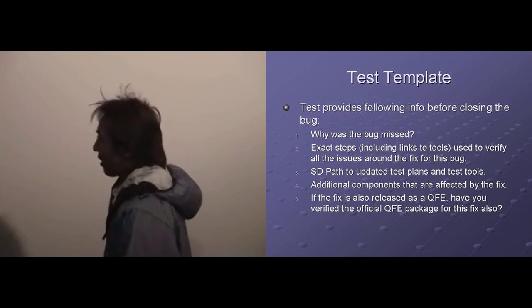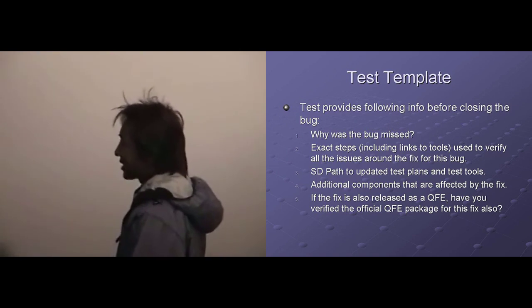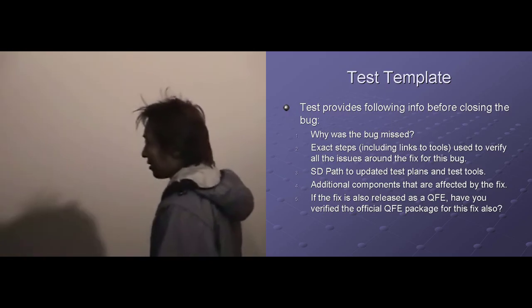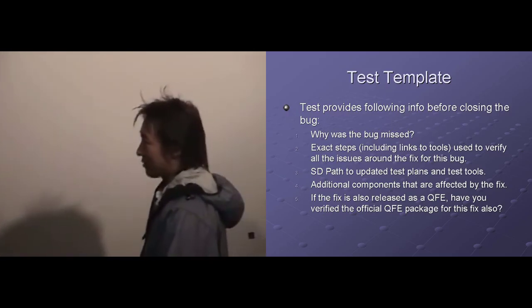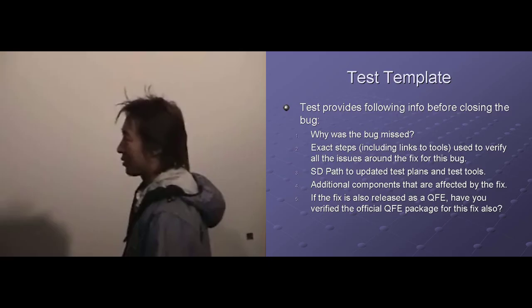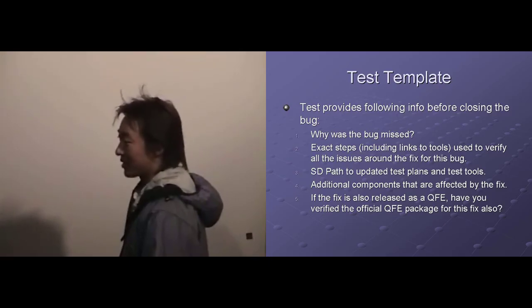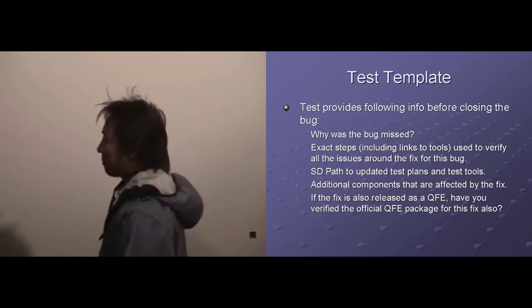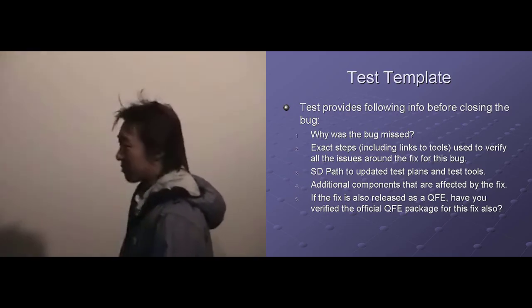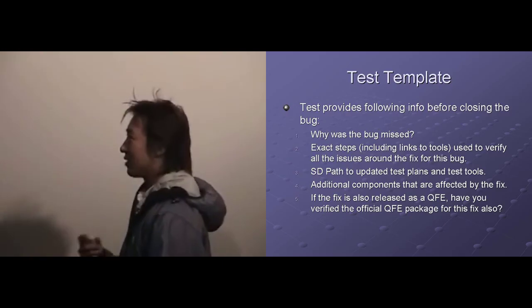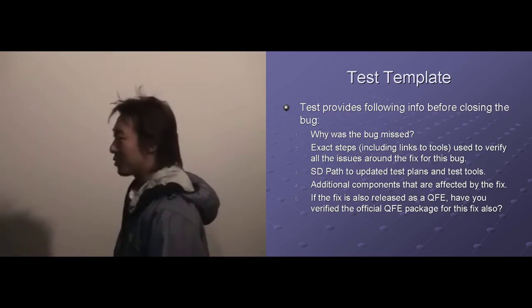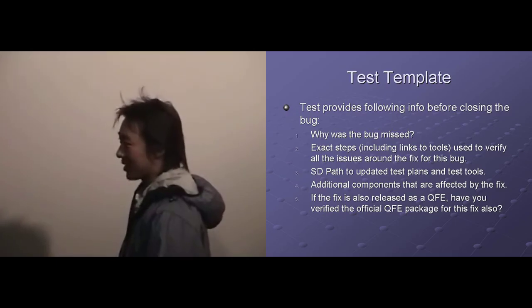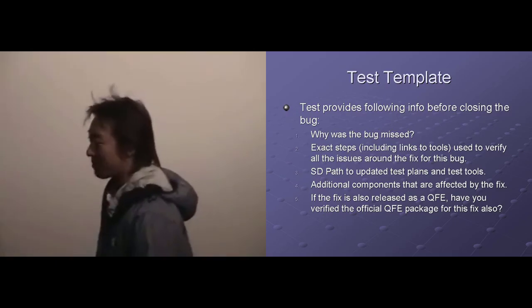The next step would be the exact steps used to verify all the issues around the fix for this bug. The tester should list out each step that they took to verify that the bug no longer exists in the service pack that contains the fix. This is a little bit different from repro steps. Repro steps is the steps you take to reproduce a problem, and the verification steps would be the steps you take to verify that the problem is no longer in